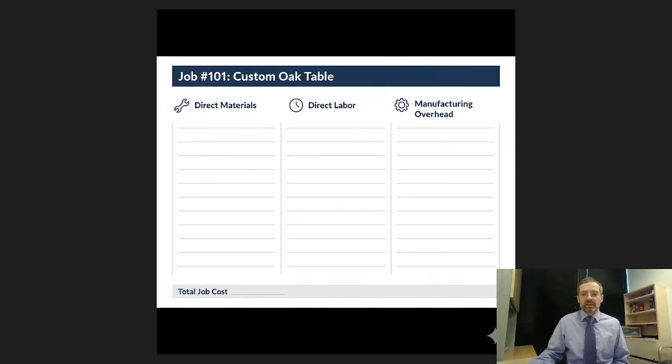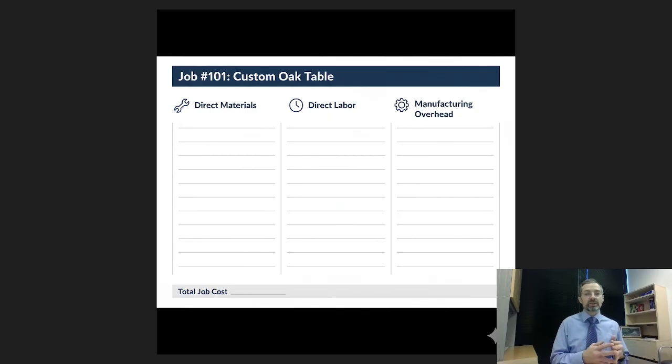You can think of a job cost sheet as a patient's medical chart. When a patient checks into a hospital, that's our job. The hospital starts a new chart. Every single thing that happens to that patient, every test, every medicine, every doctor's visit gets recorded on that one chart. The job cost sheet does the exact same thing for costs.